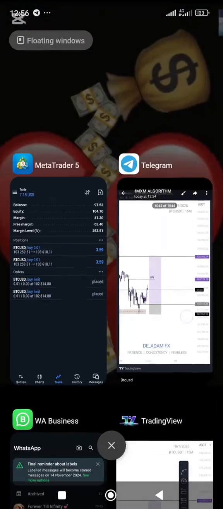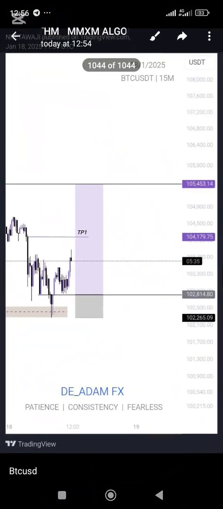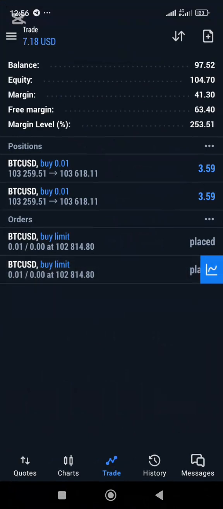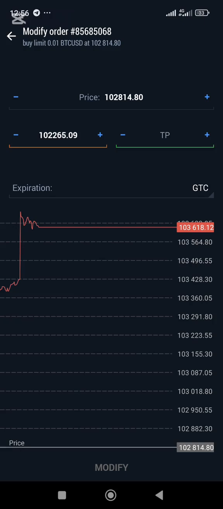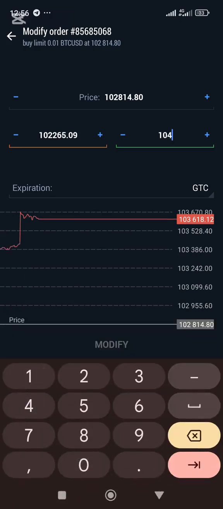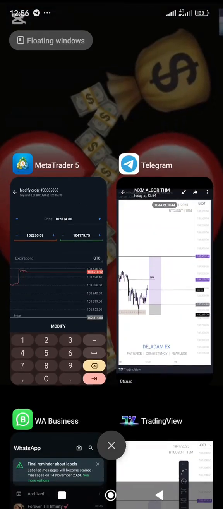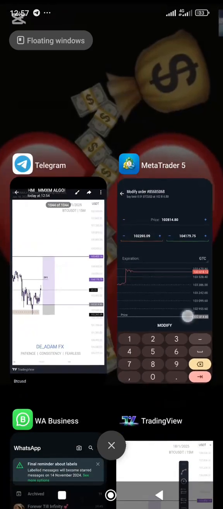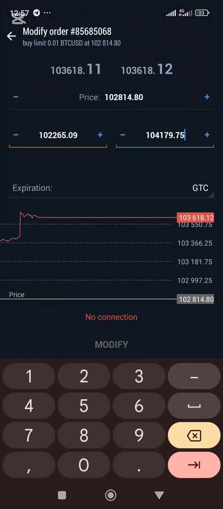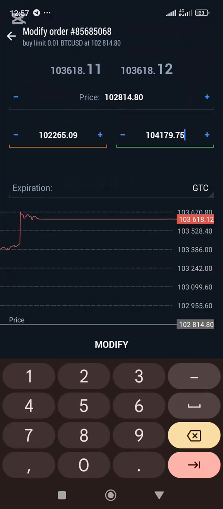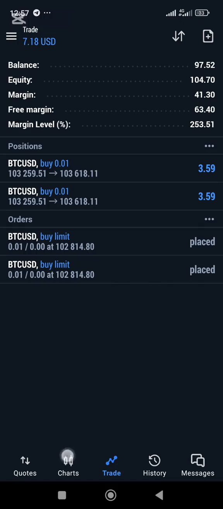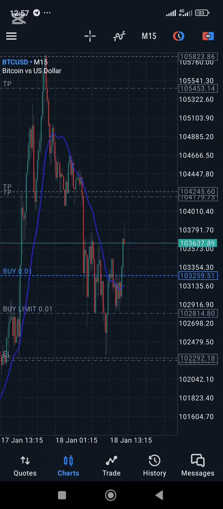Now go to the Telegram channel and look at what the TP is. 104.179.75. Before you click on modify, check if it's correct. If you are not writing it down, 104.179.75, you see it's actually correct. Okay, I have network now. You click on modify. So when you open your chart, you actually see that this is the buy